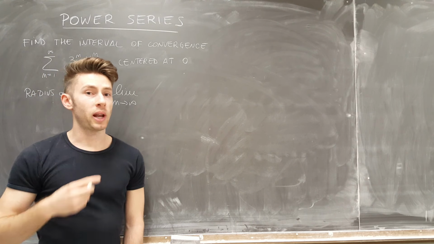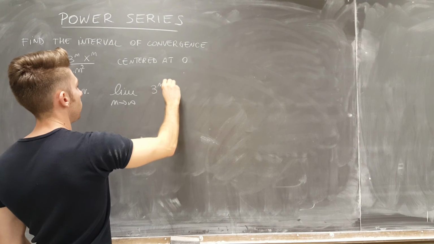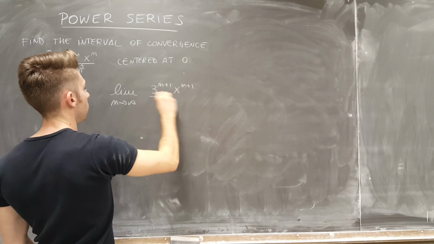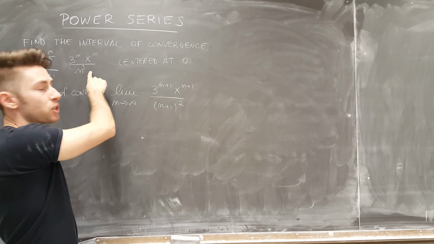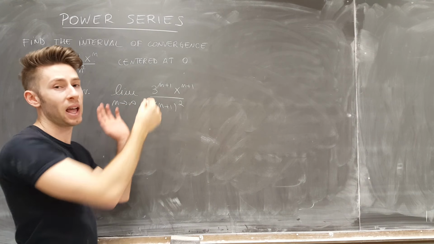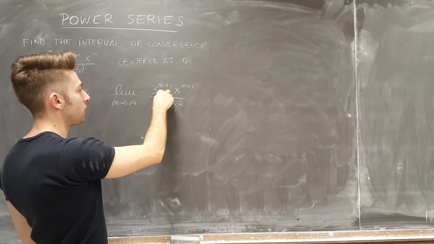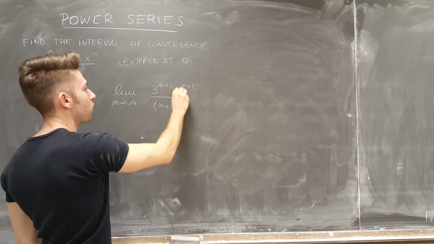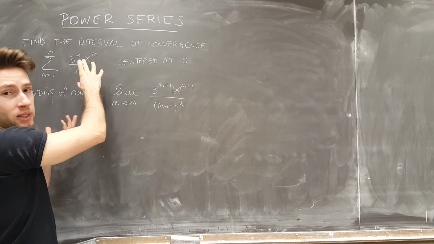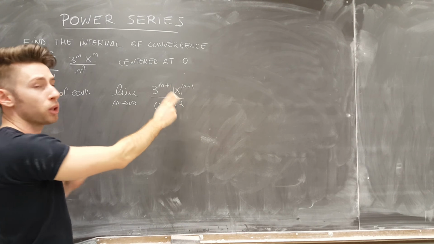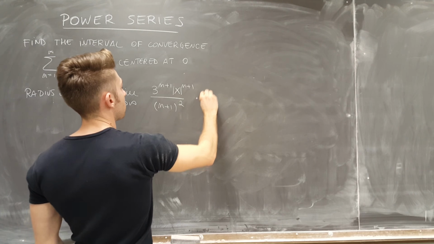So I need to compute the limit when n goes to infinity of the next term, and be careful here because we have n squared, so the next term will be n plus 1 everything squared. In absolute value, so these terms are positive, the only thing that needs absolute value is the x. And then I should divide by this term, but since this is a fraction, that is the same as multiplying times the reciprocal. So I'm going to write it that way, times